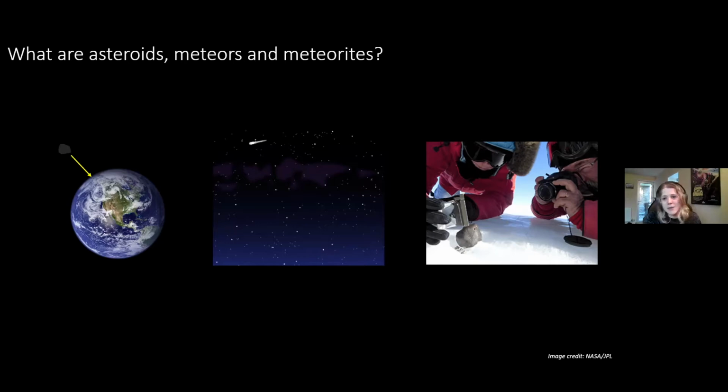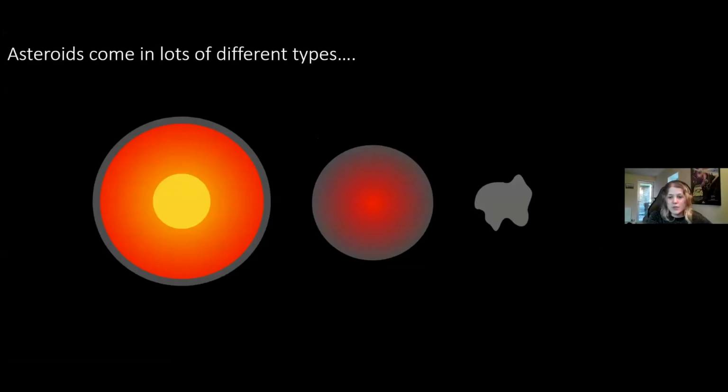But I want to go into a little bit more detail about what different types of meteorites we have. So we have to go back to the asteroids themselves. It turns out asteroids vary in shape, size, what they're made of, what they look like, things like that. But they can broadly be summarized into 3 different types in our solar system. The first type of asteroid is quite rare, but it's really, really big. And when it's really big, there's lots and lots of heat on the inside of this asteroid, and that causes this splitting into layers.